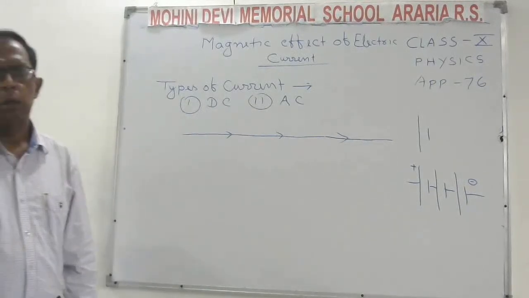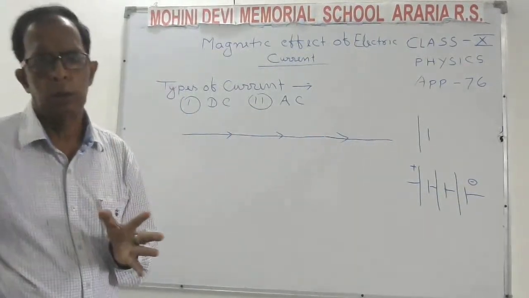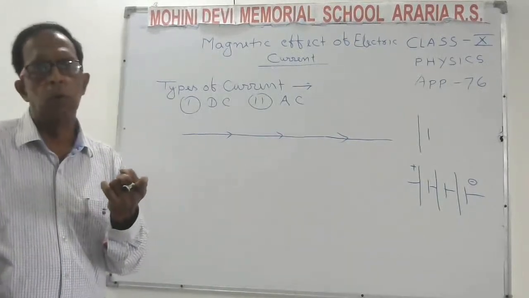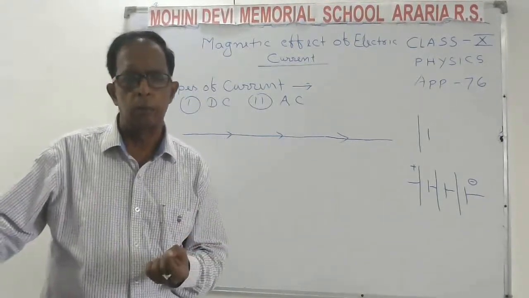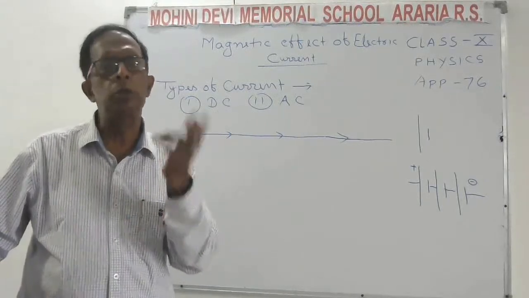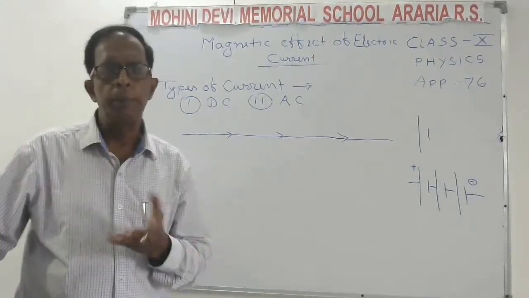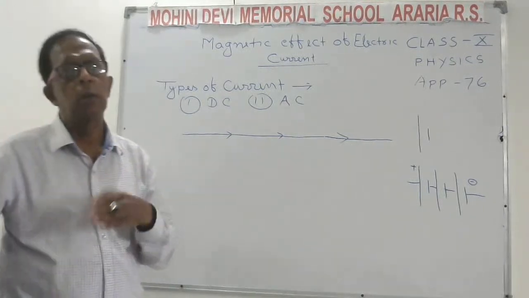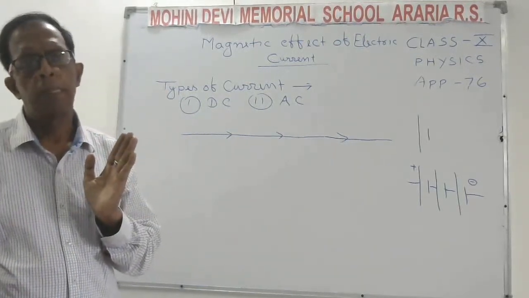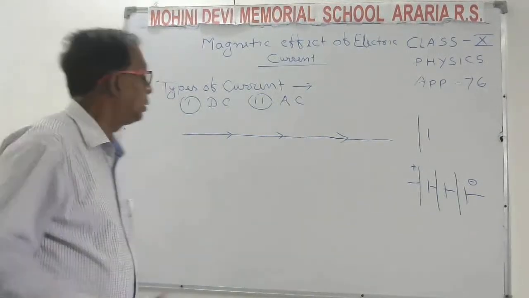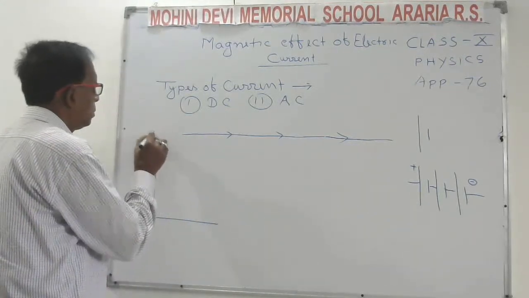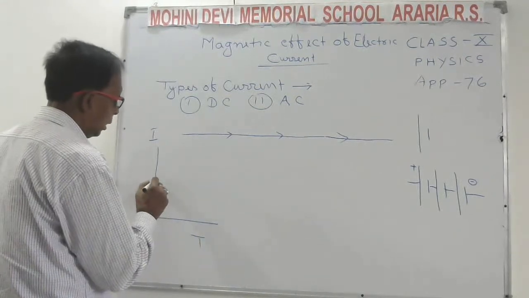And AC, full form alternating current. It means this current changes its direction of flow in a particular interval of time. In every particular interval of time, it changes its direction. And in India, it changes its direction 50 times, so its frequency is called 50 Hertz. For DC current, if you draw a graph between I and T, then it is a straight line